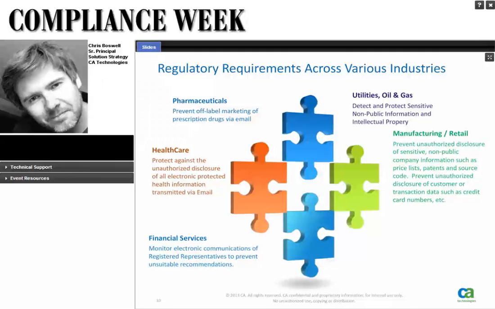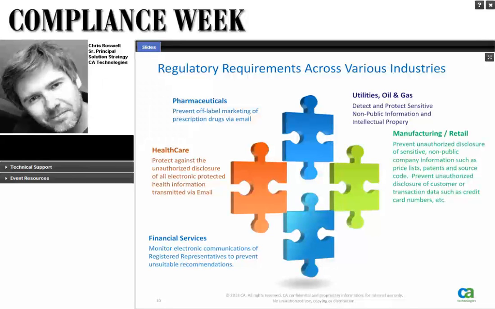Pharmaceutical industry, they have requirements to monitor for off-label use of prescription drugs. So if you're an organization and you've created a new drug that fights fungus on toenails, and it has the byproduct of turning your hair brown, and they go out and market it as a drug that can reduce the signs of aging, that would be something that the FDA would be interested in monitoring and shutting down.